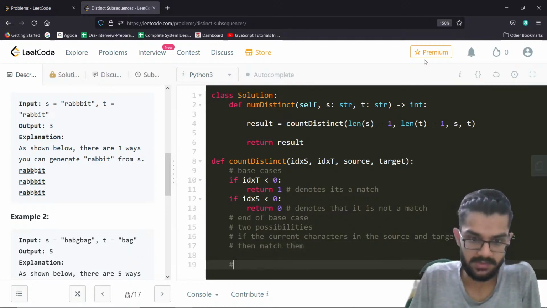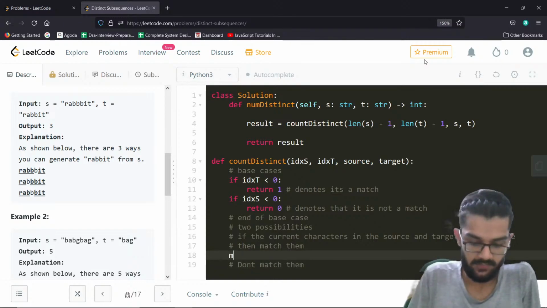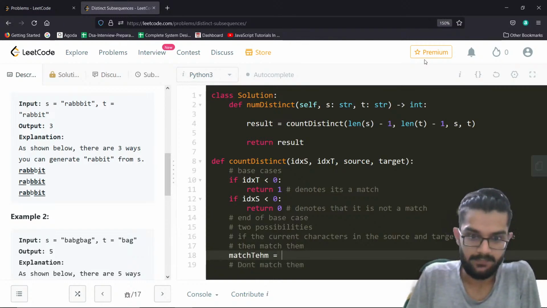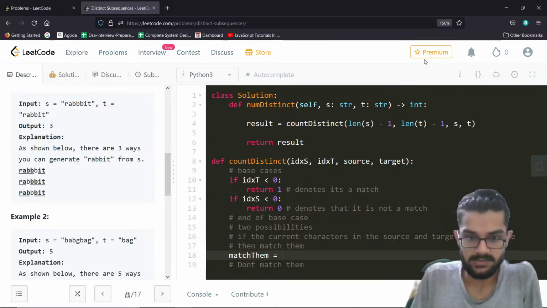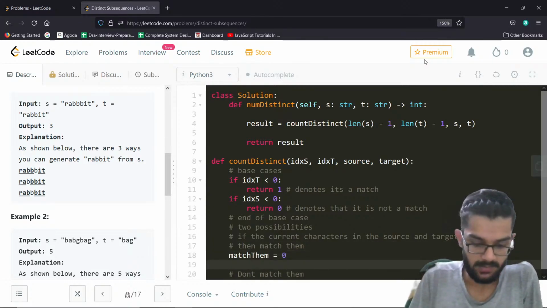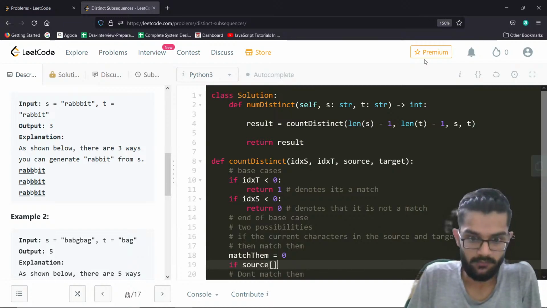But the other option is don't match them, right? So if I match them, that would be what? If I match these two values, that would be, so match them will be initialized with 0, by the way. So if source of idx of s is equivalent to target of idx of t, this means that,